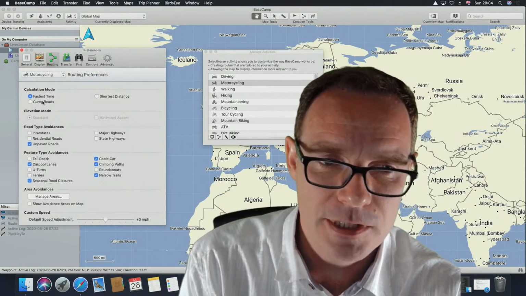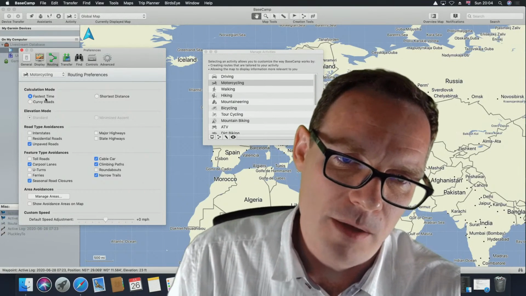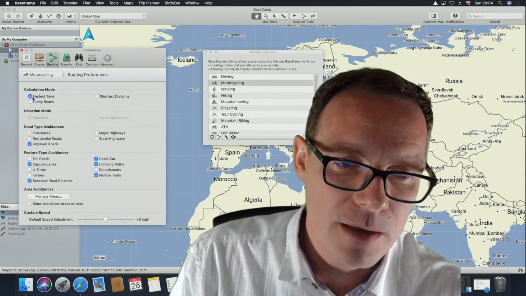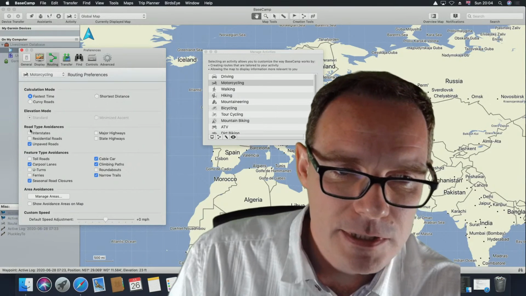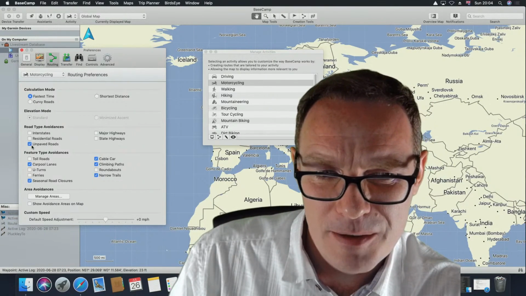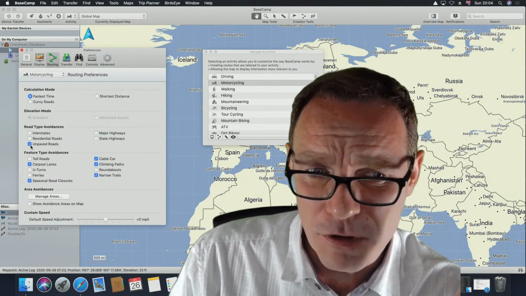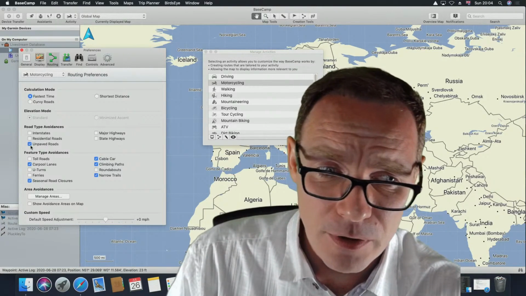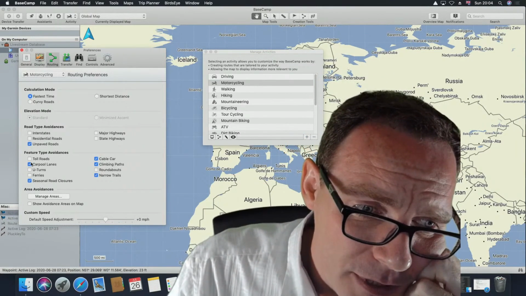Or if you choose shortest distance, it takes you down farm tracks and things like that. So fastest time is great. The road type avoidances, I would uncheck all of these, perhaps except unpaved roads, because we don't want it to avoid things we're plotting. We just want it to follow them. And then the feature type avoidances,